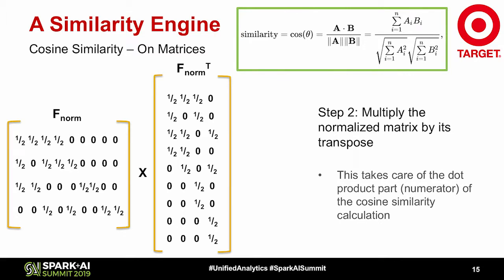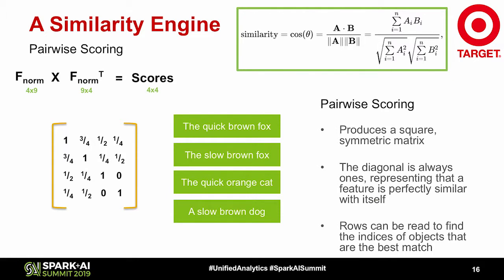So matrix multiplication is going to grab, for each row compared to each column, you're going to line up the row and that column and then take the inner product, which is exactly the numerator of the cosine similarity calculation. And so that'll produce a new matrix, a square matrix, which is going to contain all of your scores. So you can see it produces a square symmetric matrix where the diagonal is all 1, so that indicates a feature is perfectly similar with itself. You kind of have redundant data, it's repeated there, so 50% of that data can be ignored.